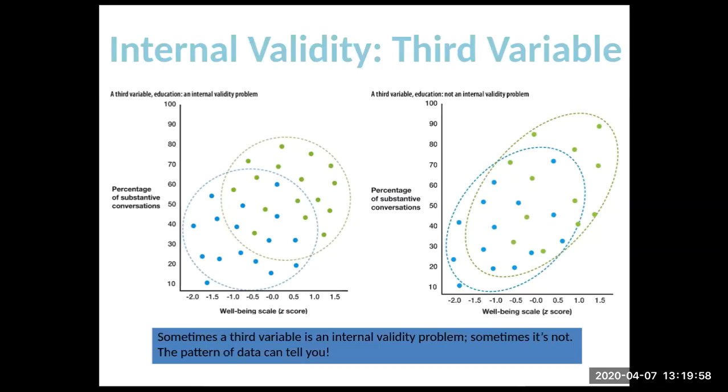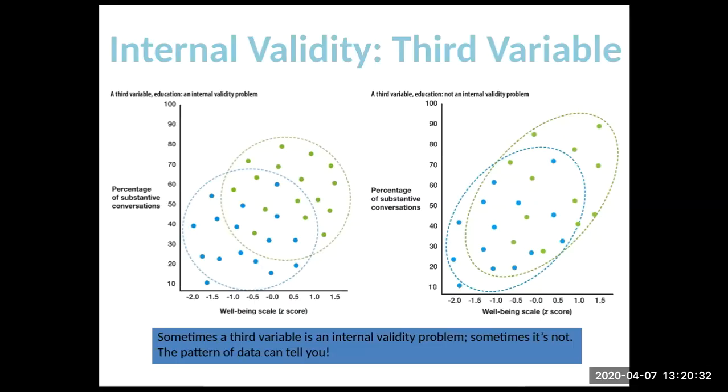We can see that the majority of the green dots are well above and the majority of the blue dots are well below. What is that third variable that causes maybe less happiness and, definitely, less substantive conversations? And it looks like it's education. So if you didn't guess, those in blue that are lower overall are less educated, and the ones that are more educated, like you guys in college, right, seem to be happier and also seem to have deeper conversations.